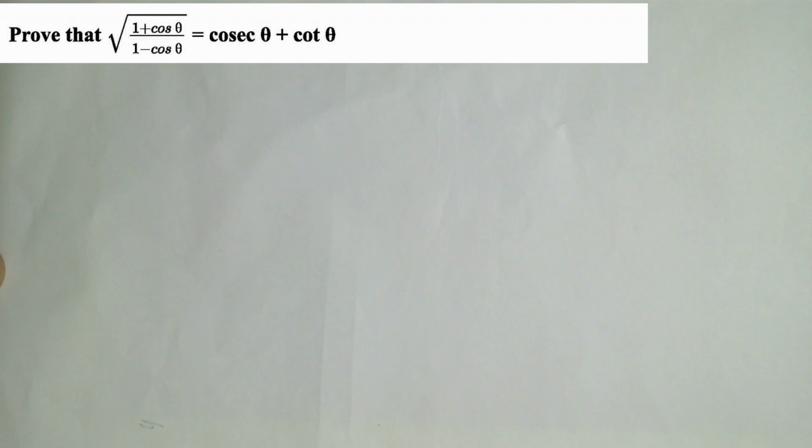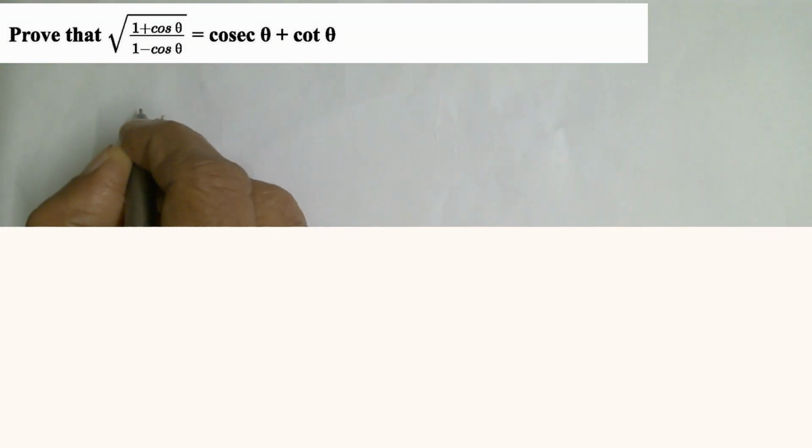Square root of (1 plus cos theta) by (1 minus cos theta) is equal to cosec theta plus cot theta. To prove this, first write the left hand side expression. So, left hand side is equal to